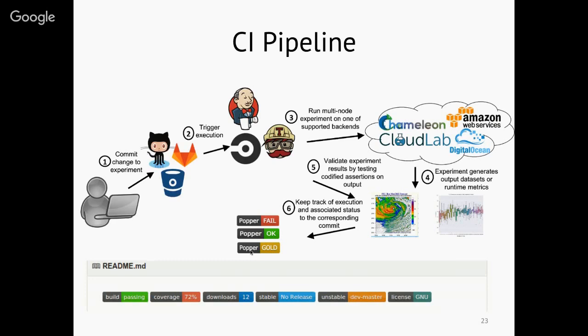in the README of an experiment, what's the status of that experiment. If you push something, you will trigger that execution on the CI system, and if something failed, you would get a fail badge. If it worked, then you would get the green badge, and if you pass the validation, you would get the gold badge. That's a nice way of showing other people your status,